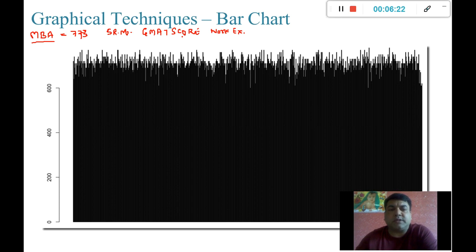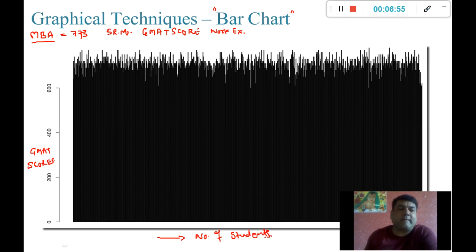Their GMAT scores are given and their work experiences are given, and this particular plot, which is a bar plot, is plotted over here with its GMAT scores. So these are GMAT scores, and these are the number of students, right?